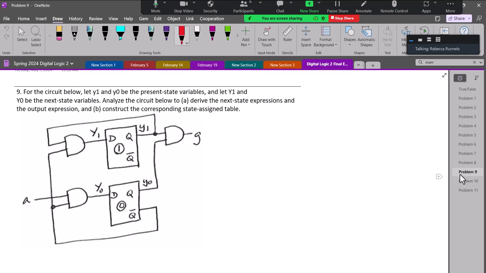y1 and y0 are the present state variables. Capital Y1, capital Y0 are the next state variables. We want to analyze these to derive the next state expressions and the output expression and construct the corresponding state assigned table. Okay, so